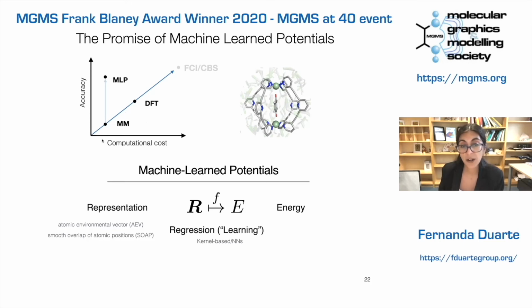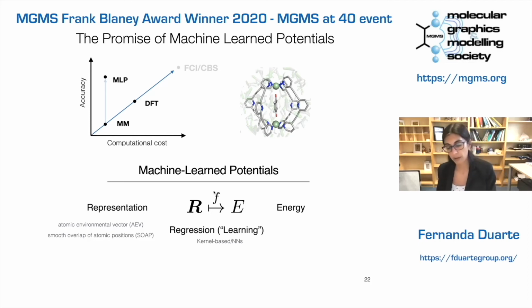So if we see the computational cost here, we see that MM is usually very cheap, force fields are very cheap, but actually the quality of them is very low, especially if we consider reactions, because they were not developed for that. So what machine learning potentials promise to do is have a very low computational cost, but have a quality that can be even higher than DFT. And that is something that we have been trying to show, and that we saw in the first presentation too, how we can really go close to coupled cluster with machine learning potentials.